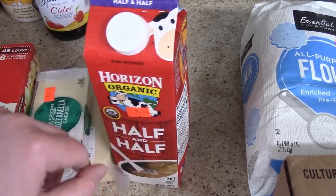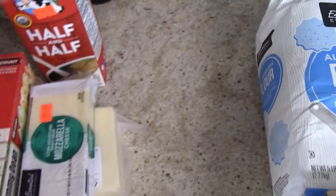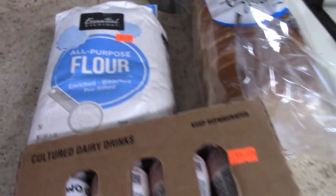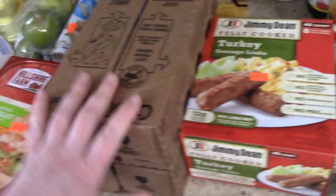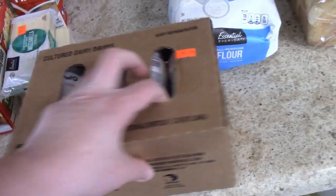It should be reduced for quick sale. It has a Best Buy of 2 days ago, but it doesn't last long here. So it's for coffee, it's for soups, it's for whatever. Along with wheat yogurts to kind of eat simple, I grabbed these as a